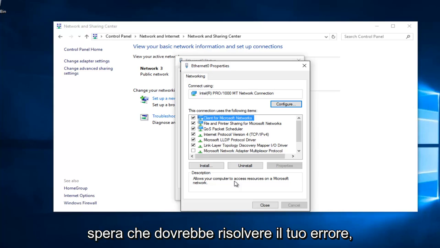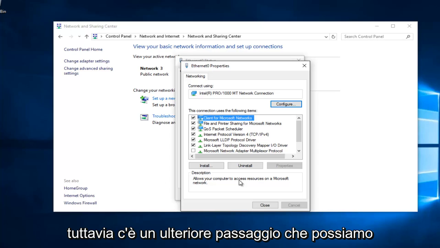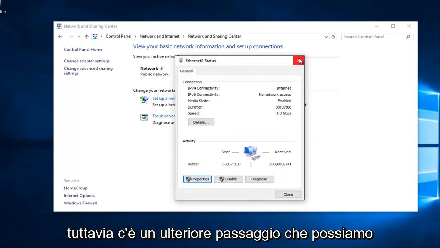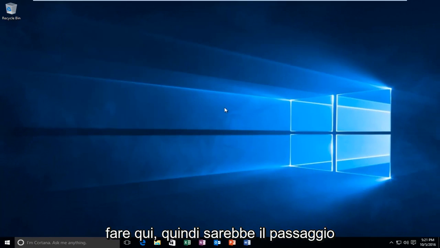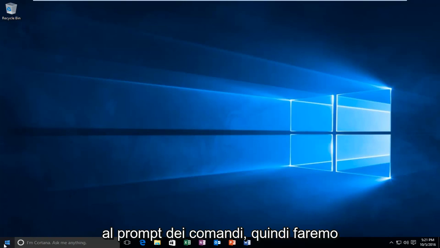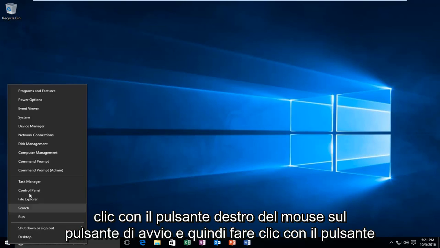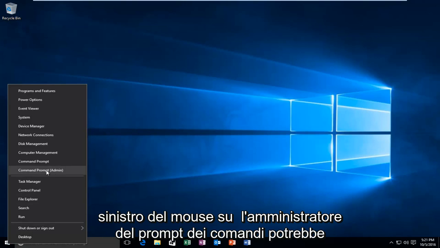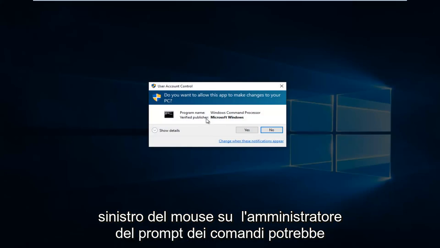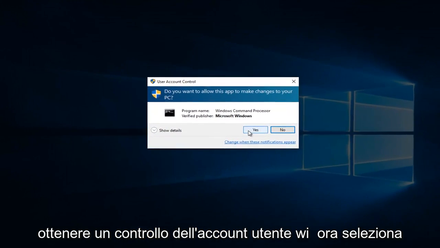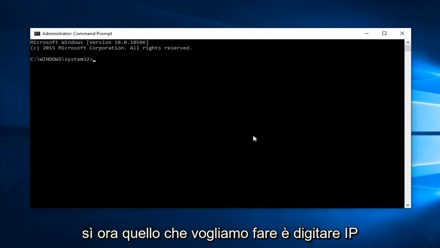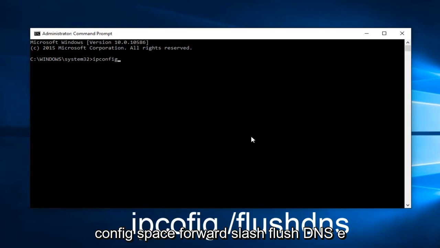So once you're done doing that, hopefully it should solve your error. However, there's one further step we can do here. Then that would be to head over to a command prompt. So we're going to right click on the start button and then left click on command prompt admin. You might get a user account control window. Select yes. Now what we want to do is type ipconfig space